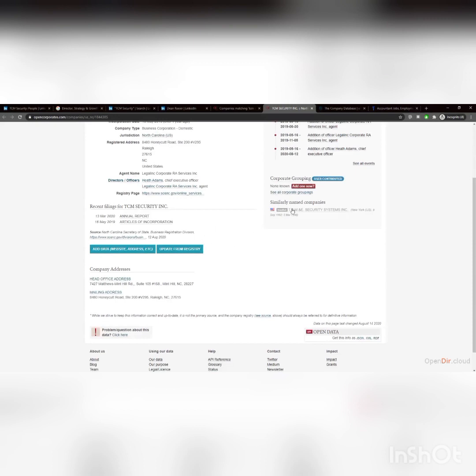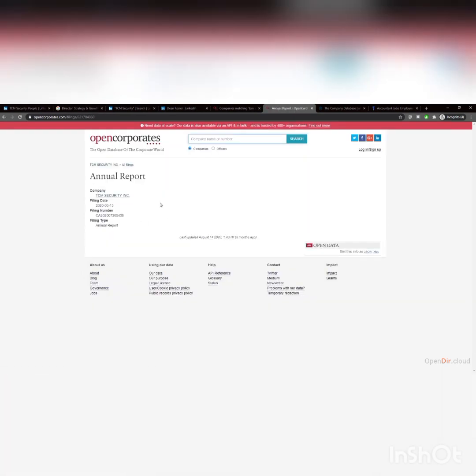If you open up this one in North Carolina, you can find now the address, the registered address. You can find the head office address. You can find different things related to this. You can also find, okay, who are the executive officers? Where is this located? How long has it been in business? And you can click on some of this stuff and find actual filings. So depending on how you click, like here's an annual report. You can go see the annual report, or this is where it's picking the data up from.